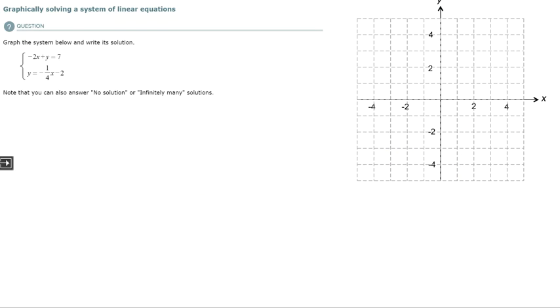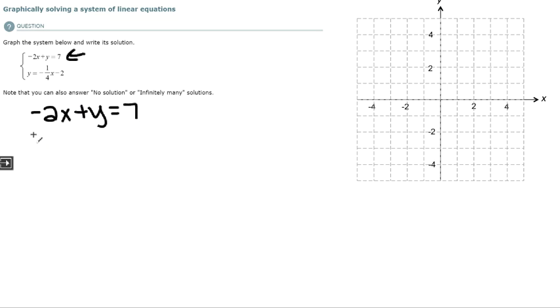Here is one directly off of Alex, and so this is one that you would see, and so I will go ahead and go through it. First of all, this top equation is not in slope-intercept form. It says negative 2x plus y equals 7. So the first thing I'm going to do